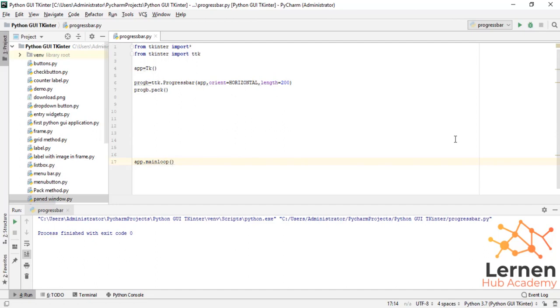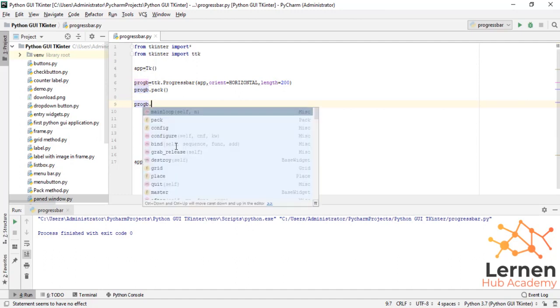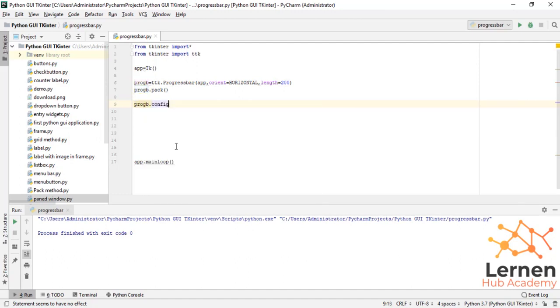Now I just set the indeterminate mode to this progress bar. Simply I write progress b dot config, and here I write mode which is equal to determinate, or sorry, this is indeterminate. Okay,